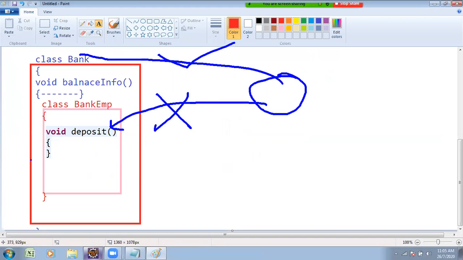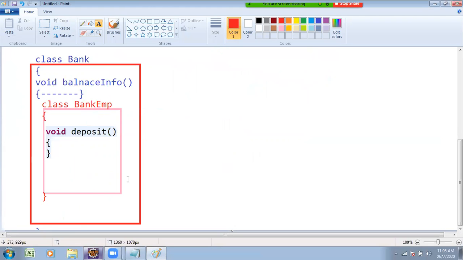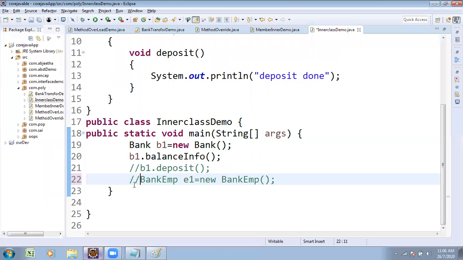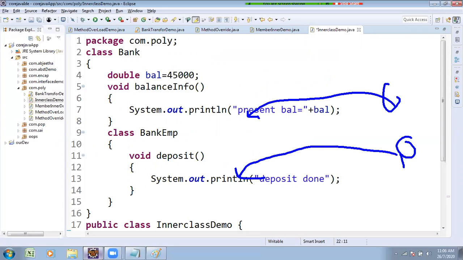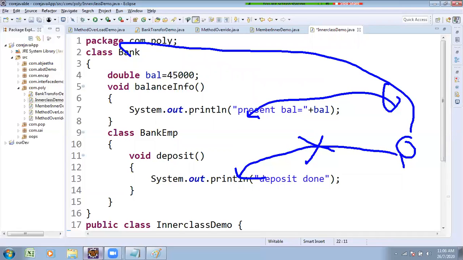If you wanted to access this from the Bank class, it is only possible within the Bank class methods; any method of the Bank class. What do we have to do? A customer can sit at home and access the balance, that is possible. But if the bank employee is sitting at home and tries to make a deposit, it is not possible. What does he have to do? The bank employee must go to the bank. Inside the bank, he must log in. Then only he can access the bank application.